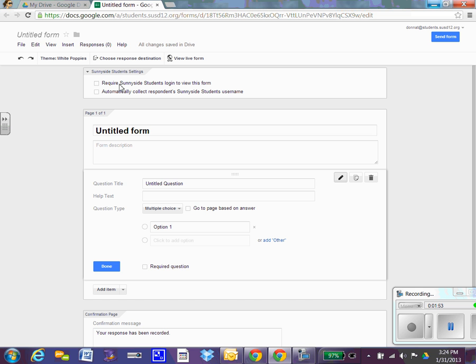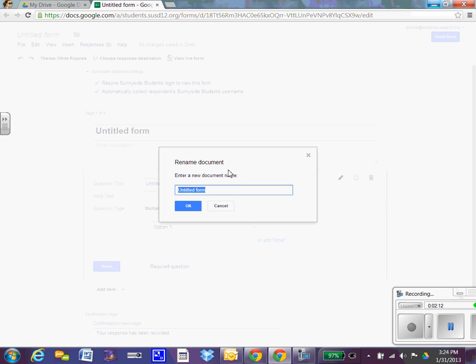So for Career Ladder users, you might want to do that because they might not have their students susd12.org open. If you want to keep it just for students, for right now, I'm going to go ahead and keep them both checked. Now, after we have that, go up and give your document a title. I'm going to go ahead and call this Google